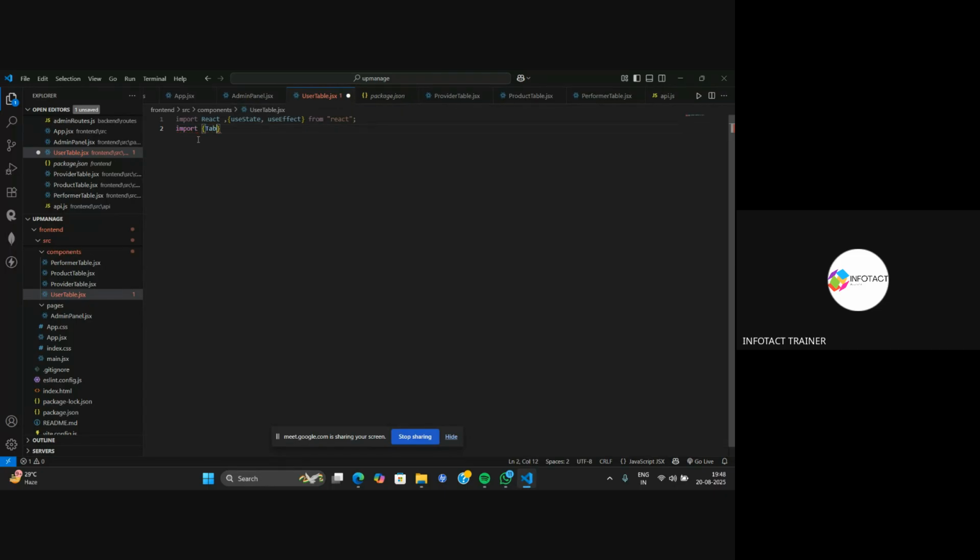the Table and Button from React Bootstrap library. After that,